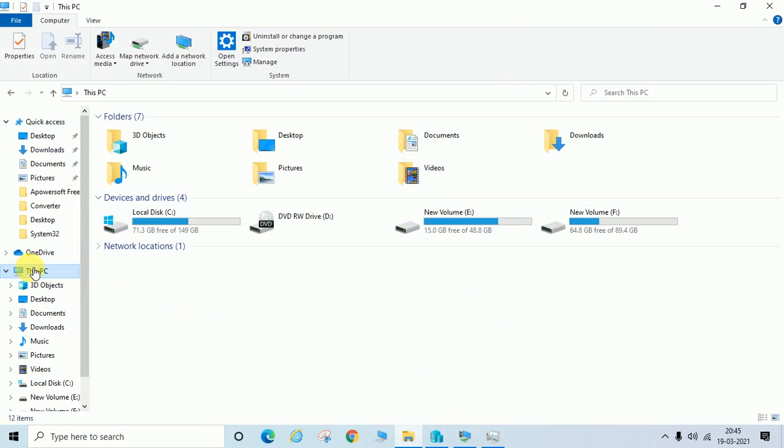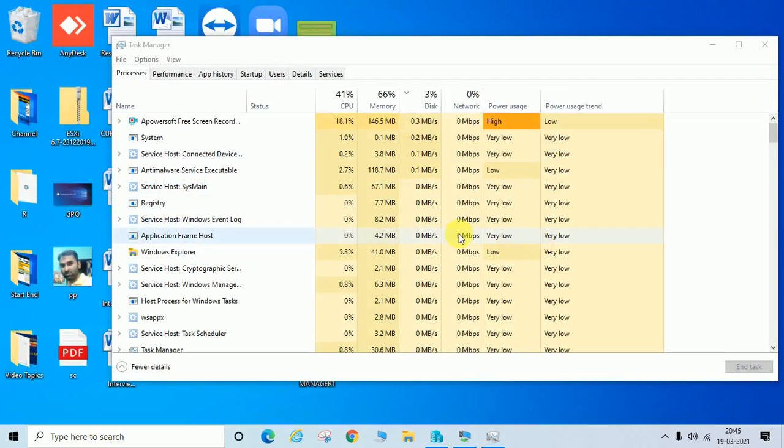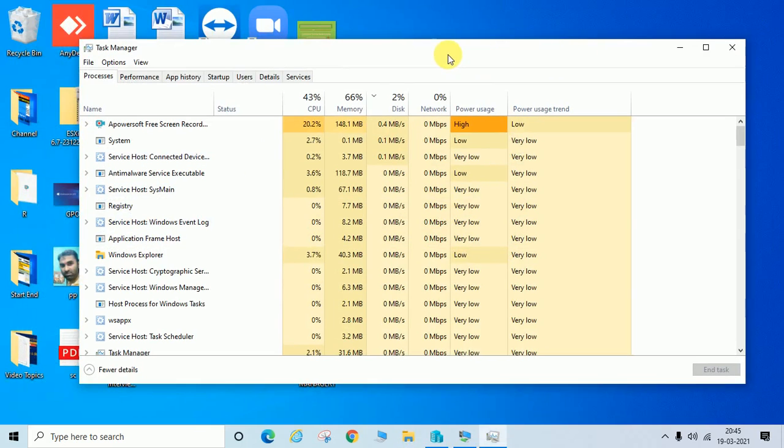So this machine is Windows 10 Pro and it is updated to Windows 20H2, and now we'll see the difference in task manager. So I have opened this task manager here.